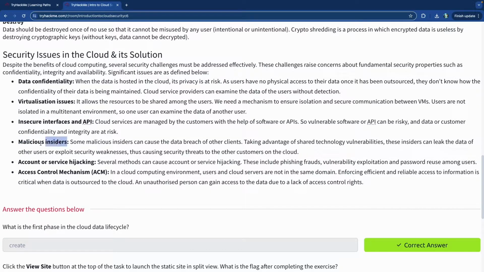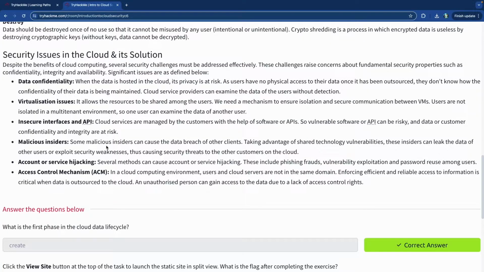Then you have insiders who are malicious. So malicious insiders can cause data breach of other clients, taking advantage of shared technology vulnerabilities. These insiders can leak the data of other users, or exploit security weaknesses, thus causing security threats to the other customers on the cloud. So how many times, I literally just got one from AT&T earlier today, that they were